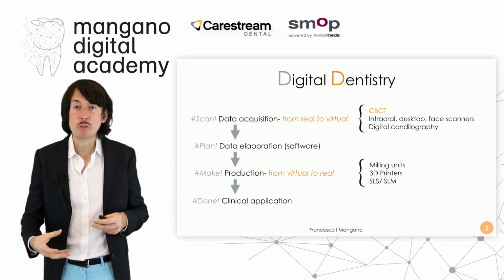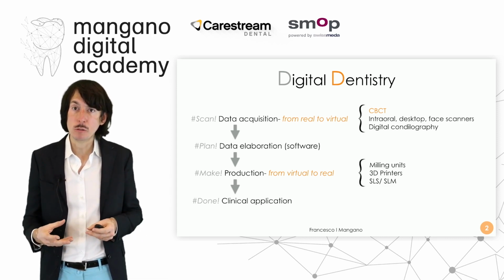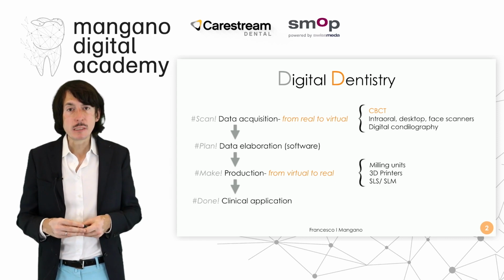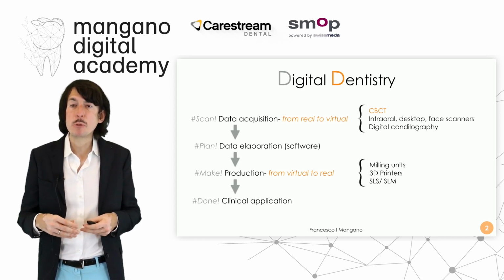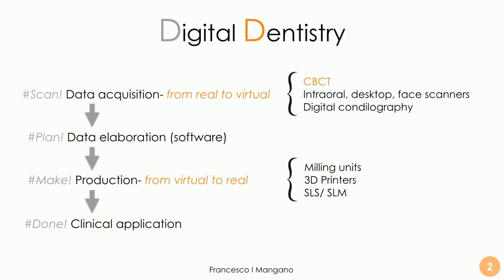We design, for example, restorations, crowns, bridges. We design surgical templates. We design bites, for example, for orthodontic treatments or other things. And then we can produce these devices, going again from virtual to real, using milling units, using printers, using techniques like selective laser sintering and selective laser melting. And we can then apply these devices, these surgical templates, clinically. For example, for surgery, these bites, we will talk about the bite splints, for example, maintaining the results after orthodontic treatment